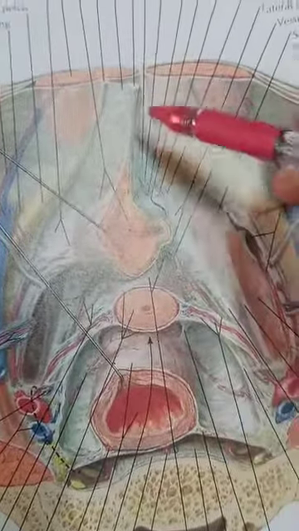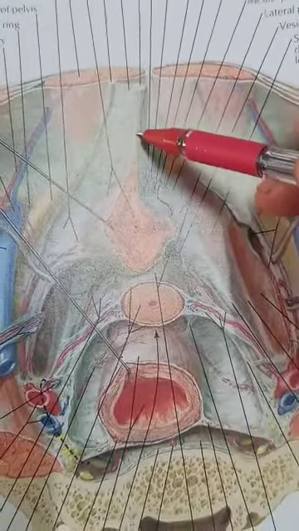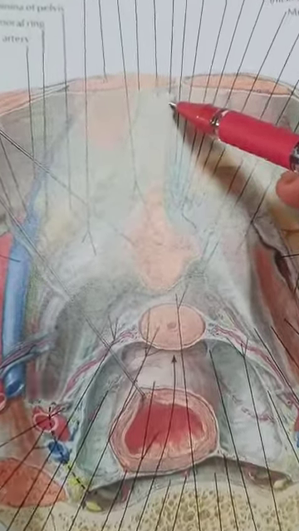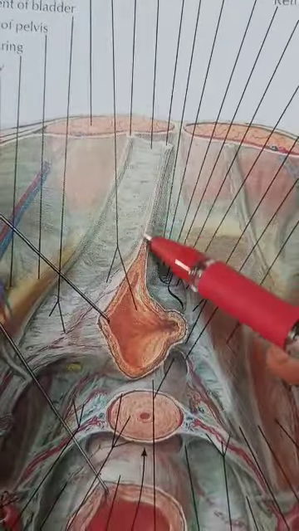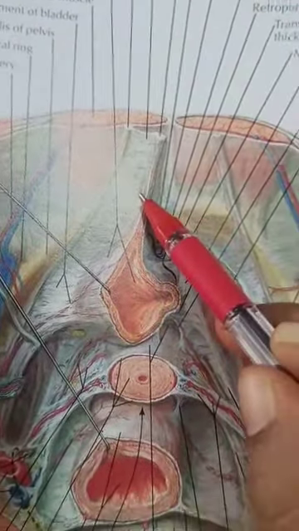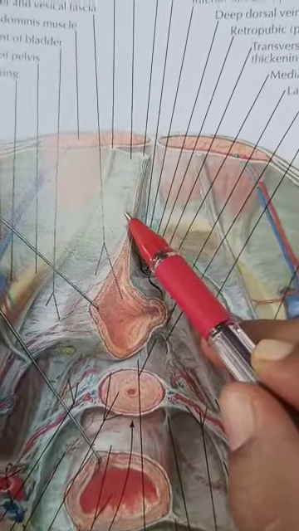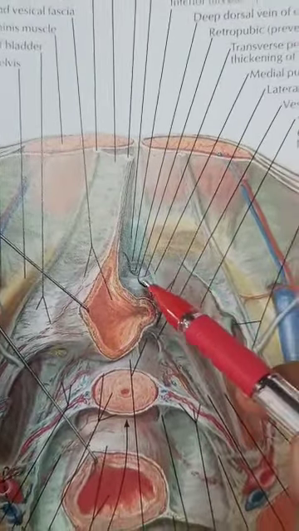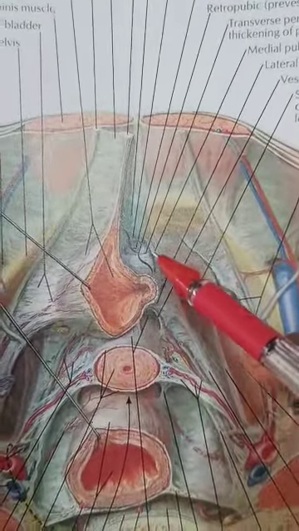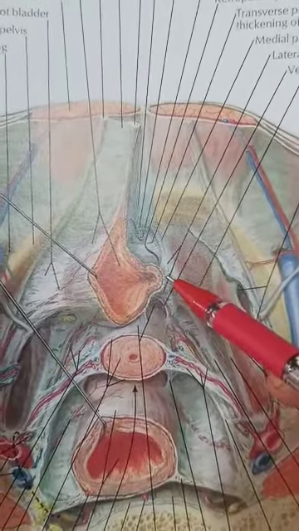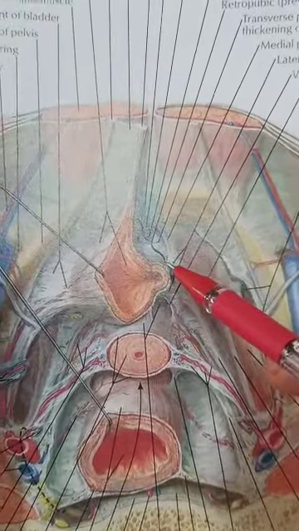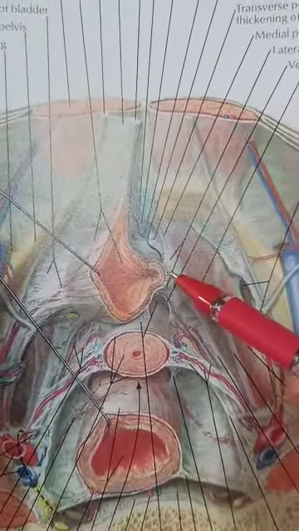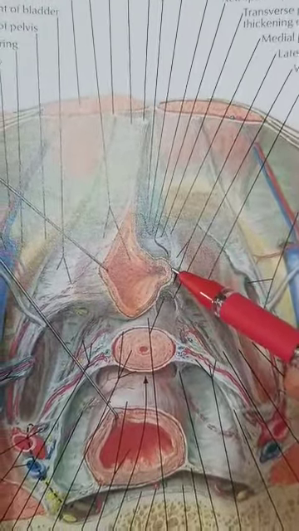True ligaments, first one, this is the median umbilical ligament. We already told this is the median umbilical ligament, which connects the apex to the umbilicus. This white colored portion is the median umbilical ligament. And we can see the medial and lateral puboprostatic ligaments in case of males and pubovesical ligaments in case of females. These are the two ligaments. These are the medial and lateral puboprostatic or pubovesical ligaments, running from the pubis to the vesicle.